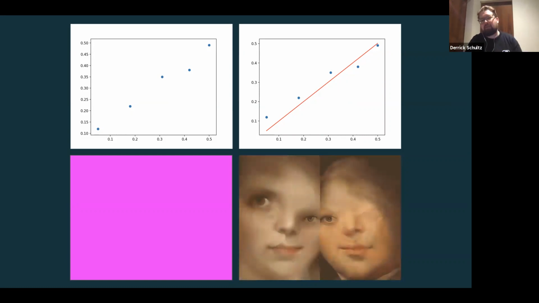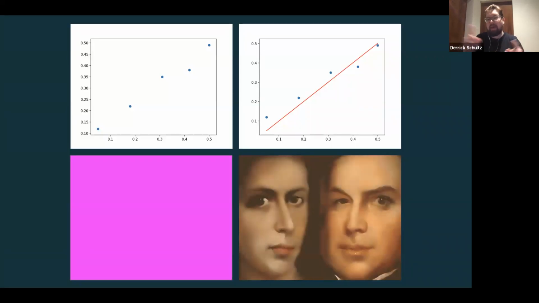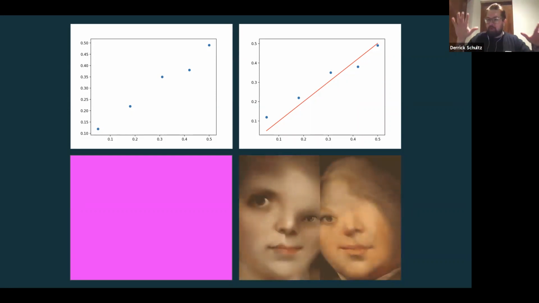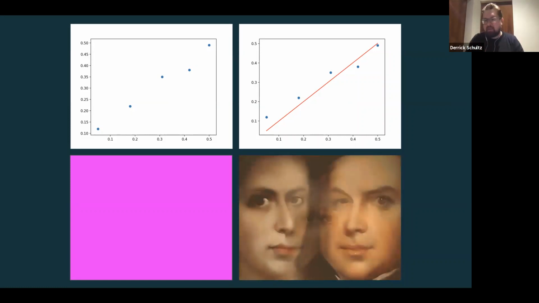But if I were to get this for 1 million samples, then I might not draw a straight line. I might draw a curved line or something similar to that. And that's sort of what machine learning is. It's that plus way more. But in reality, this is the basics of it.